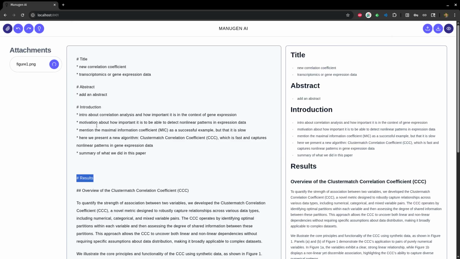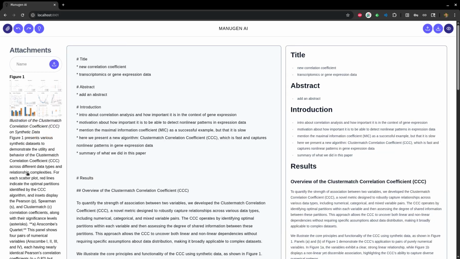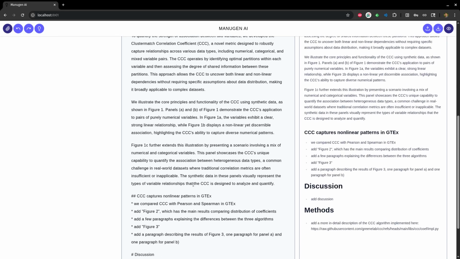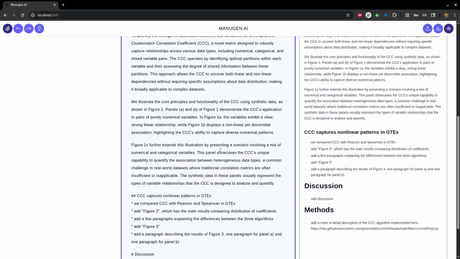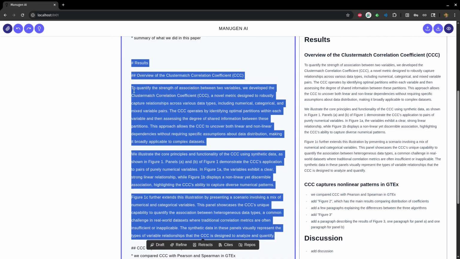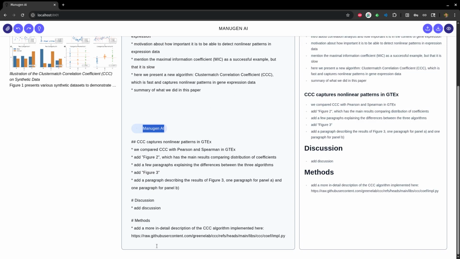This will reach the figure agent. The figure agent will generate a title for this figure and a description, as you can see here. This will be stored in the state of the system, and the result agent will be able to access this figure. So if I request a new draft, the result agent will realize that it needs to edit the current